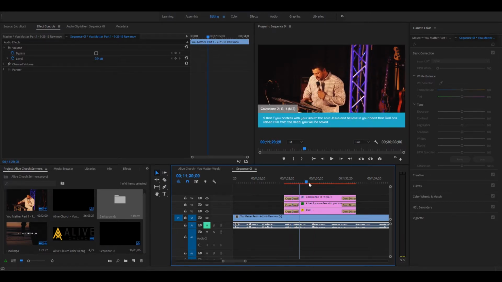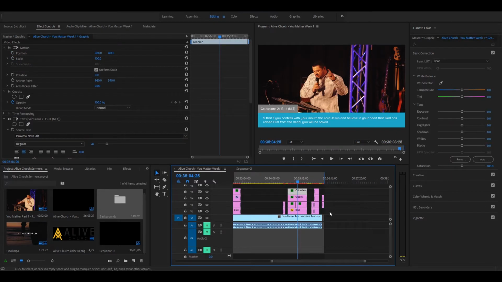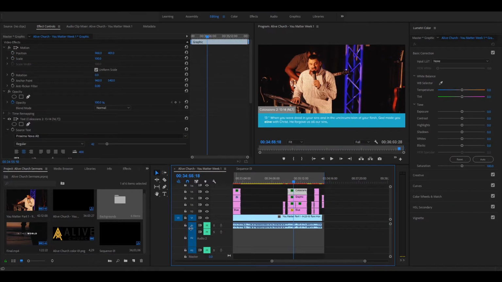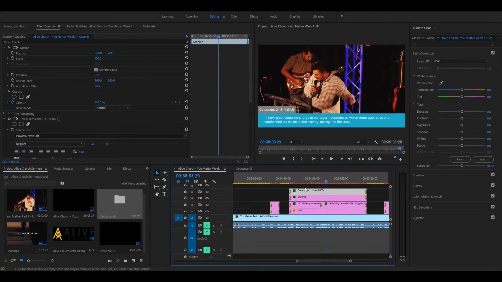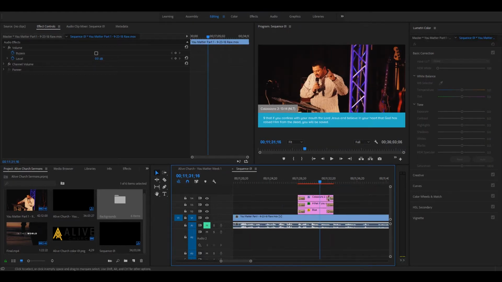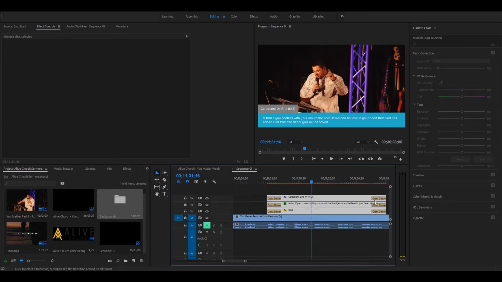So let's say you'll see here where we've had a scripture go into a second blue panel, and it crossfades into the next one. The way you want to do that is to expand these out. Let's just say that's really long. You want to hit the razor tool, or C on your keyboard, and then click anywhere on that. So you can see that we've got two